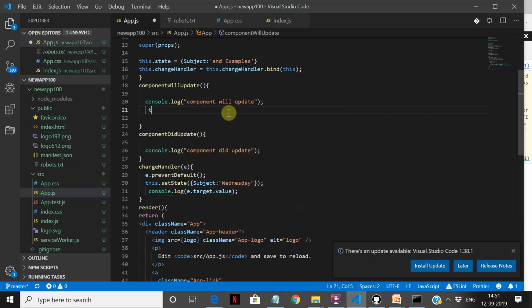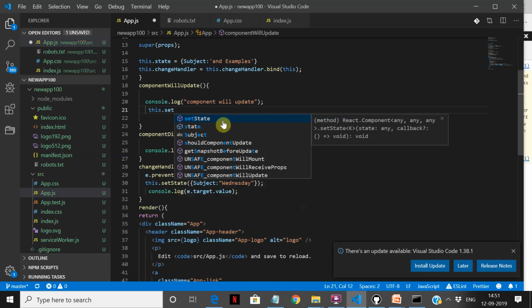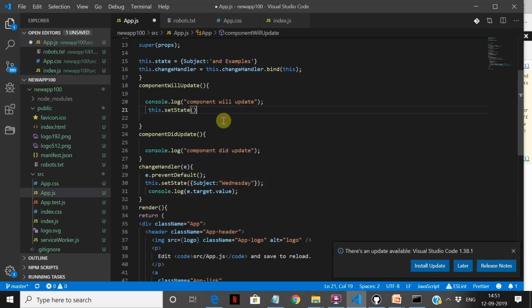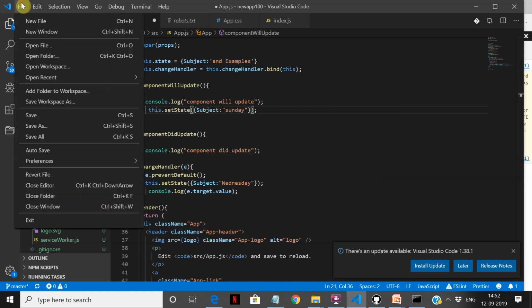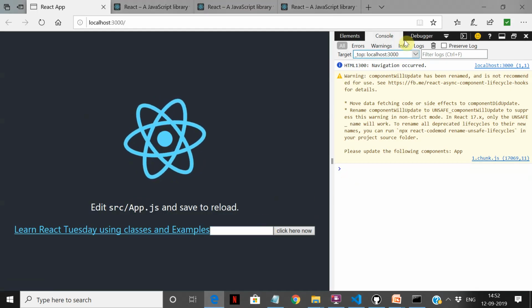So let's see this. We'll do one more thing. We will change the state. When we change the state, we're going to call this Sunday.